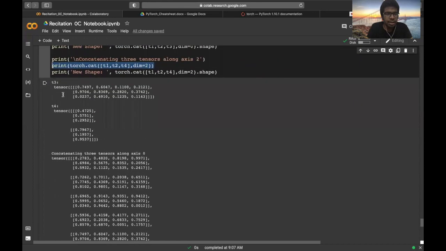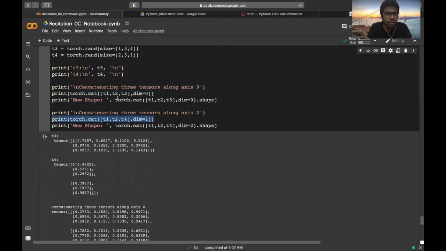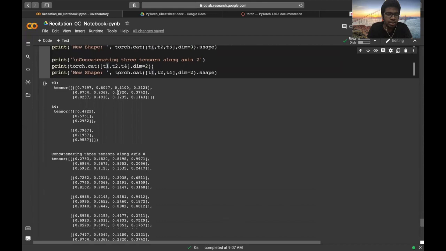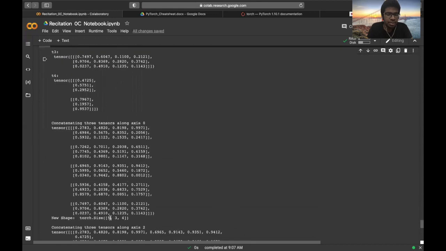Concatenating T1, T2, and T3 here, you will get a new tensor whose second and third shapes would be 3 cross 4. The first one would be 2 plus 2 plus 1, since you're concatenating, so the shape of the new tensor would be 5 cross 3 cross 4.